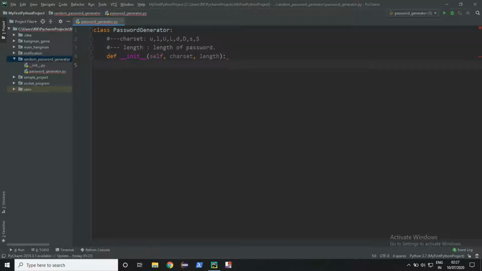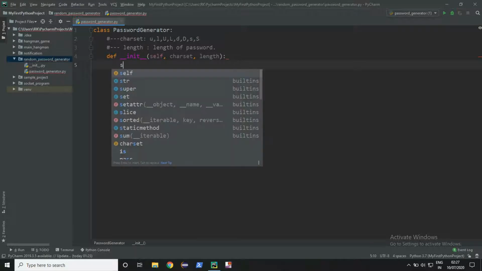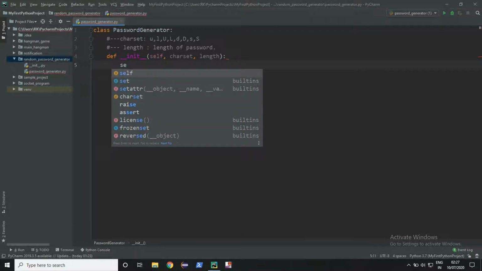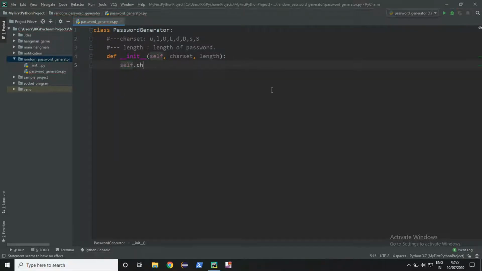Now we will initialize these parameters to our variables. Now we will take two more variables.